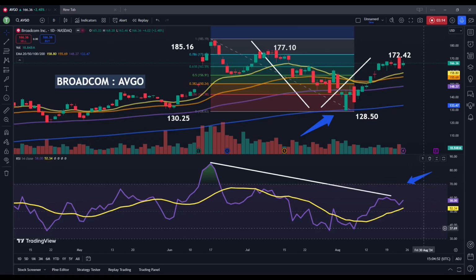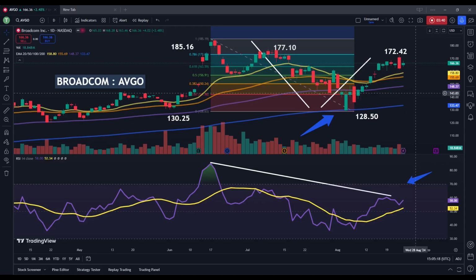In addition to this, we do have some very important event risks coming next week. Specifically, what I'm talking about here is the NVIDIA earnings release. This is going to be very important for the market as a whole, not just the technology space. So this is an event that is very likely to create volatility for all technology stocks. And for anybody that's risk averse or not really interested in trading in uncertain or volatile markets,